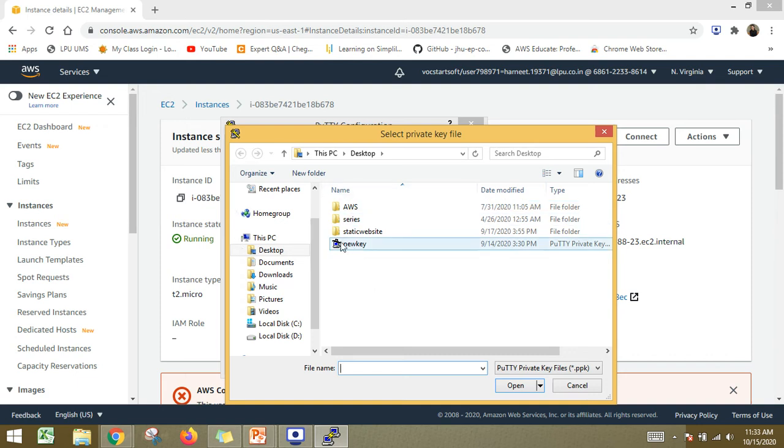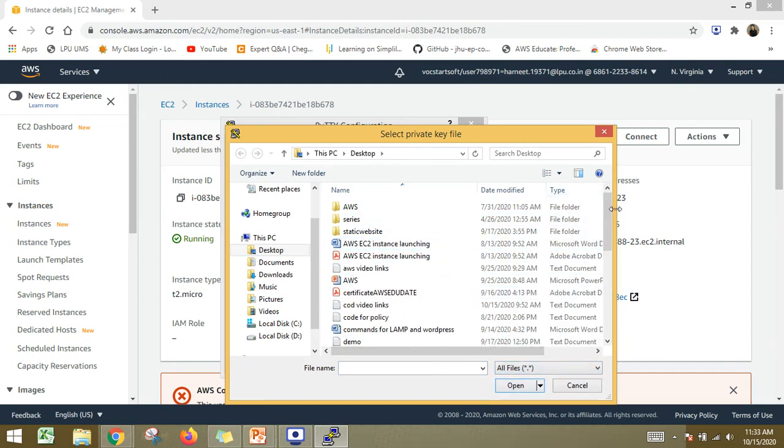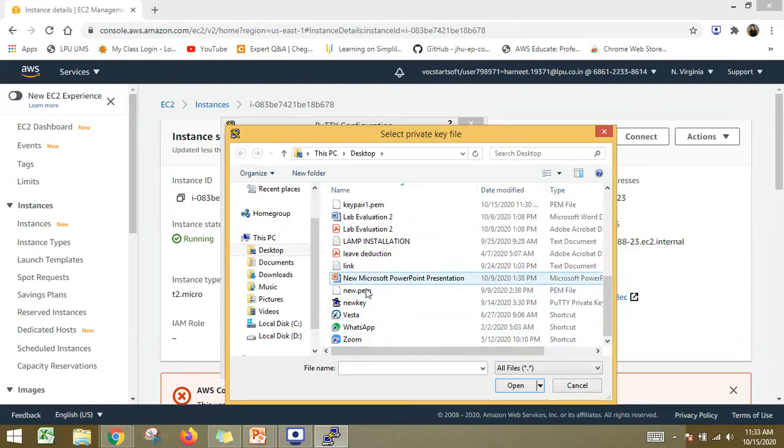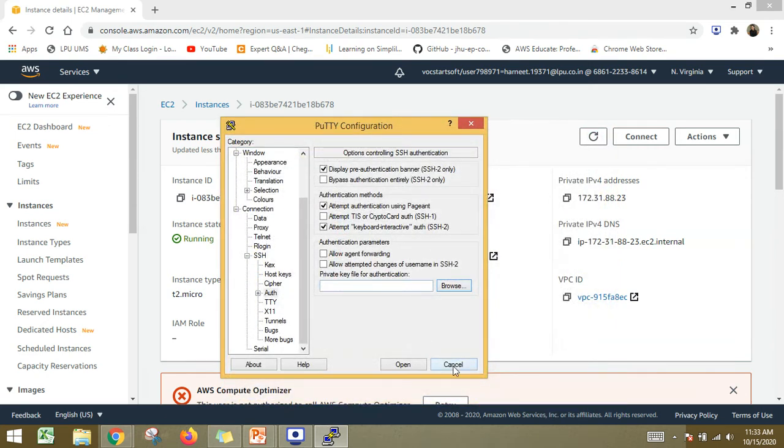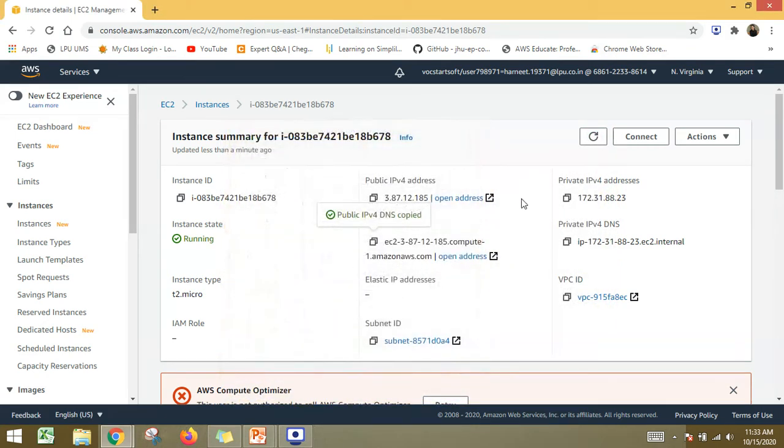Right now I have a new key, but we have installed a key pair. Key pair 1 was the name of the file, right? So we will look for that. That key pair 1 file is present here, see? So we need to convert it first of all into the ppk extension. Only then we can use it here to launch this instance.